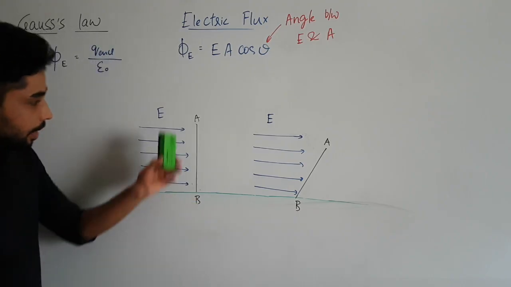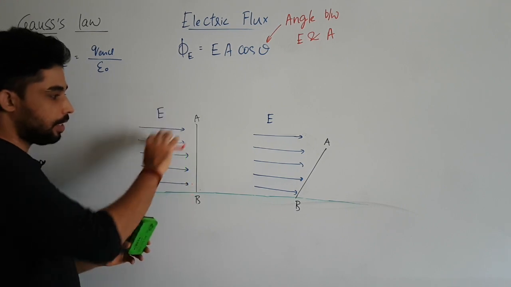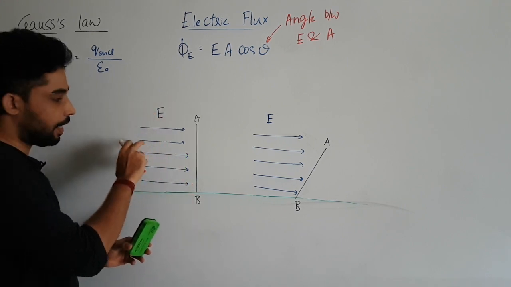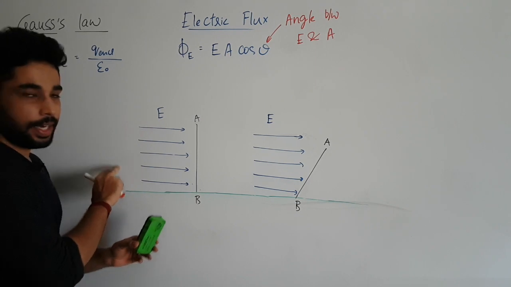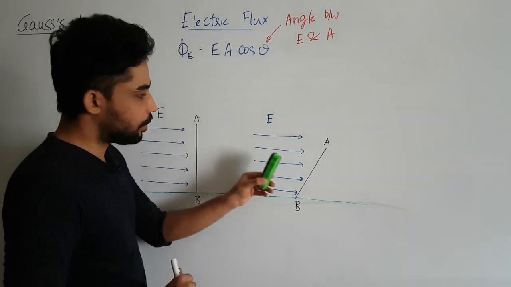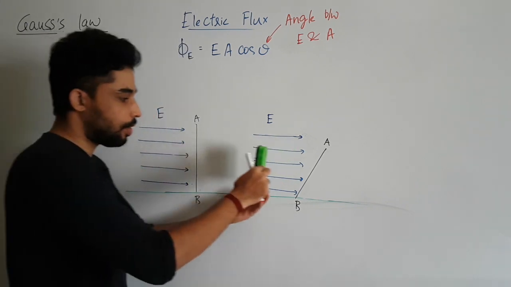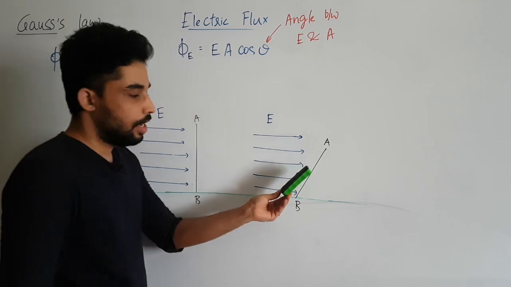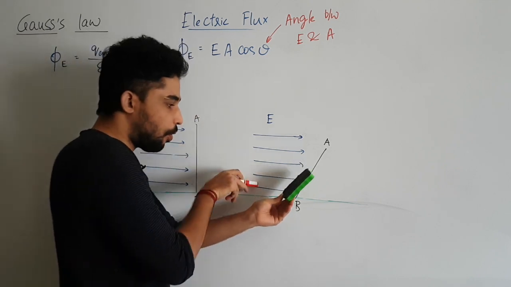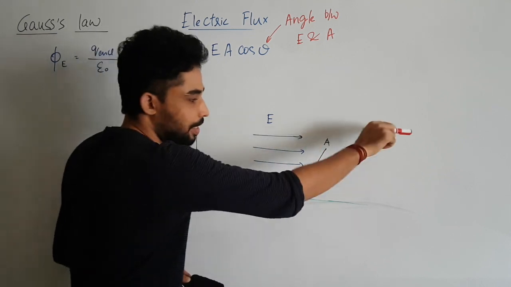So consider there's an area AB here and electric field lines are coming like this. As you see, the entire set of electric field lines, that is 1, 2, 3, 4, 5 field lines, are cutting across this area. But what if you slightly shift this area, that is, instead of holding it straight like this, what if you hold it at some angle? As you can see, only 4 of the field lines will cut across the area. This one field line just misses out, right?